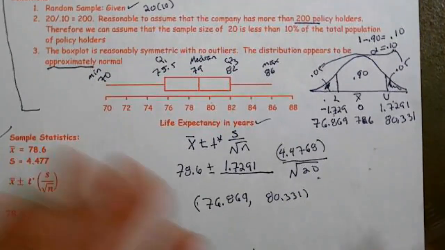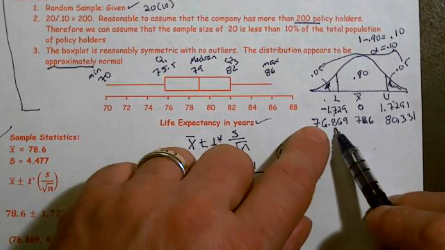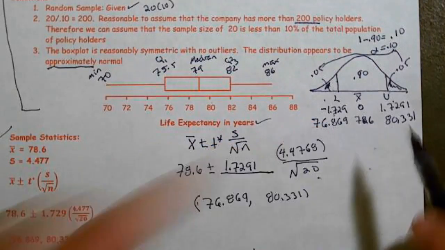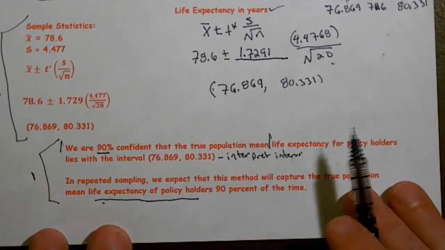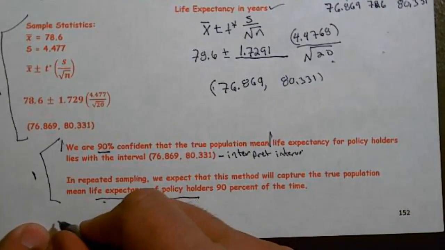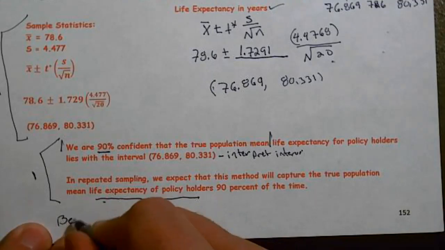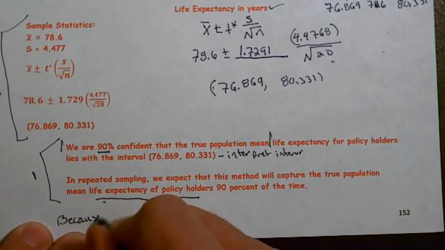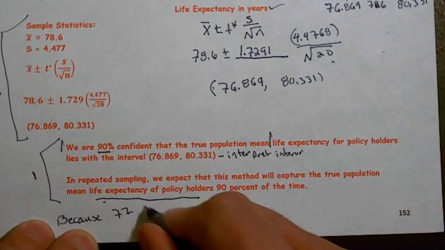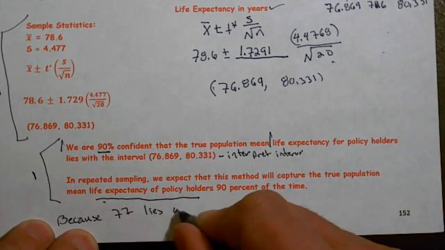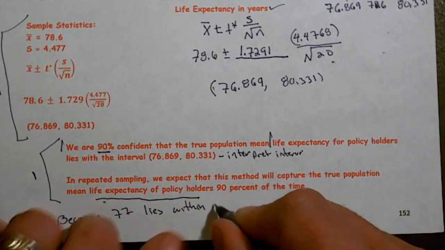Well, when I look at my interval, 77 lies within that interval. And because 77 lies within the interval,